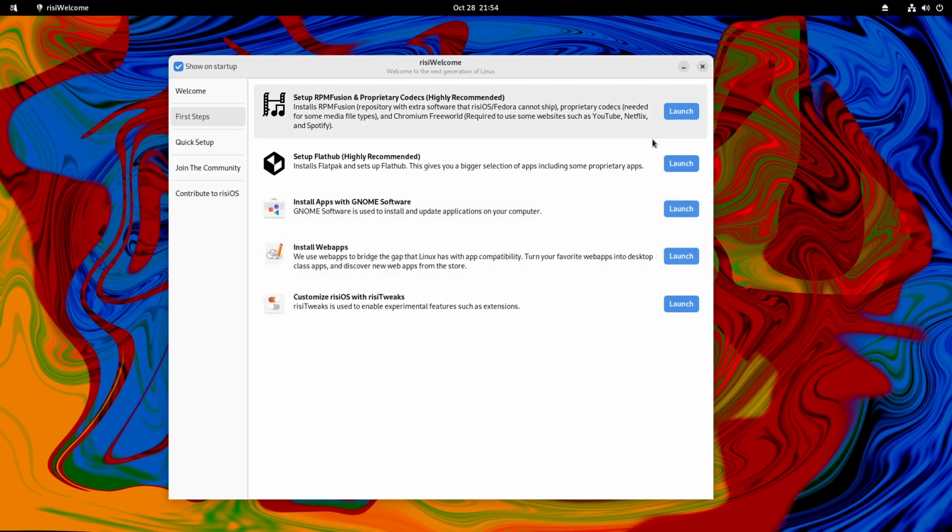Okay, I will not click these two launch buttons because it will take a long time to finish this process. I will click this one.